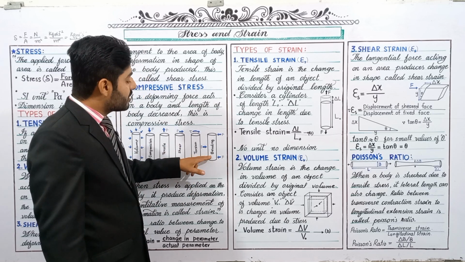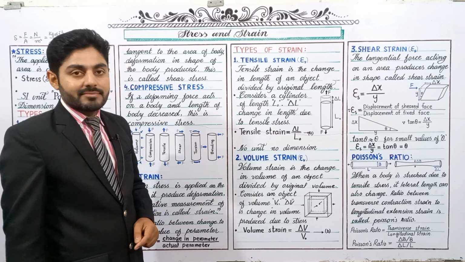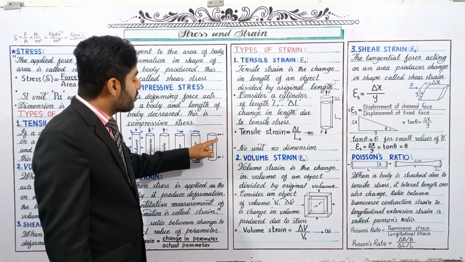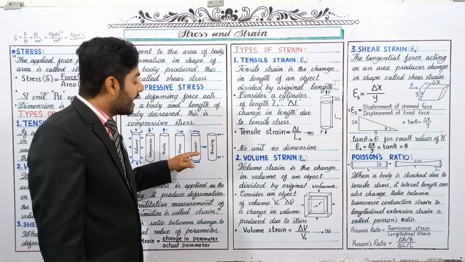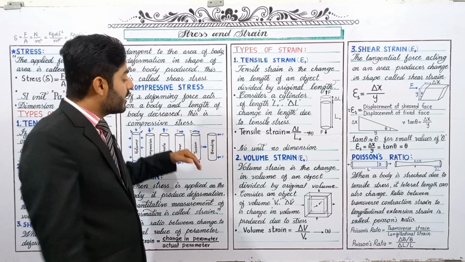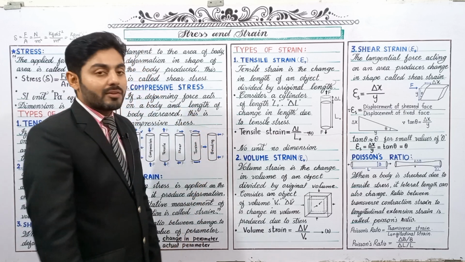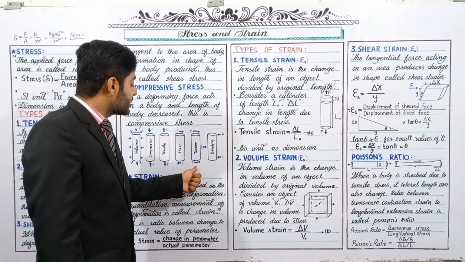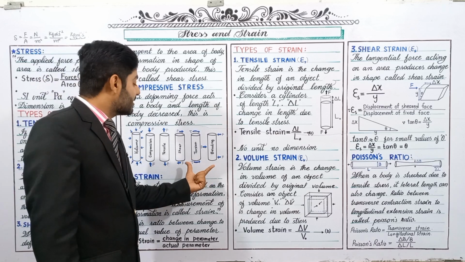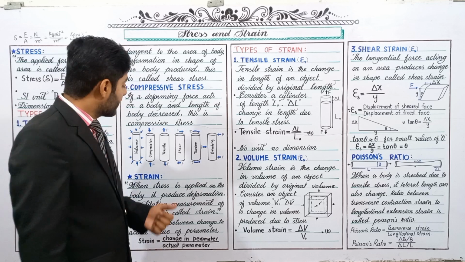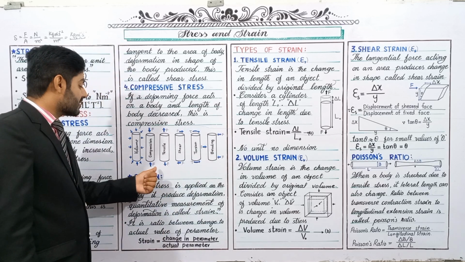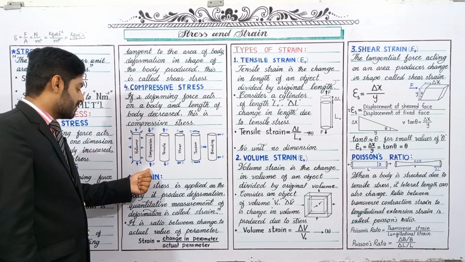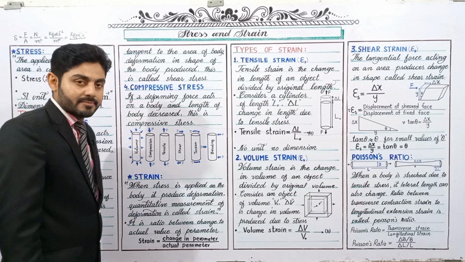Okay, and the third one is bending. You apply the force from the upper and lower end in this direction and from the middle in the opposite direction. In this way this rubber band will be bent, so there is again a change in shape. So this one and this one, all these belong to the shear stress, and this one belongs to the tensile stress, this one compressive, and this one volumetric stress. Okay,